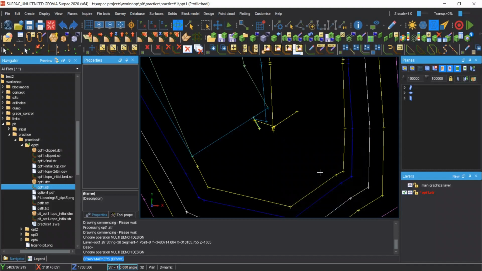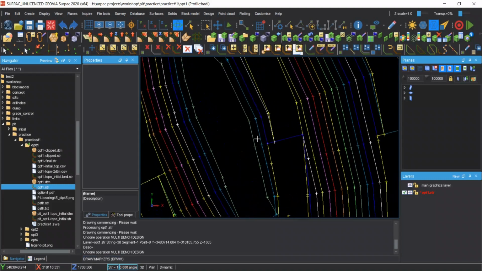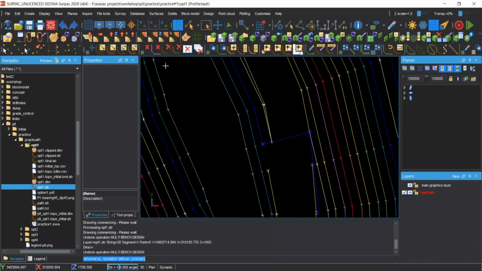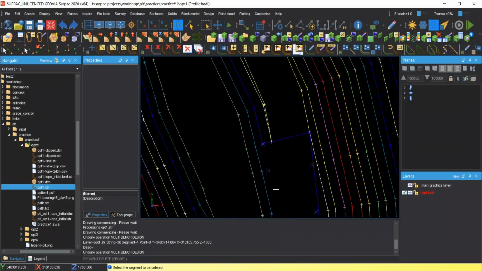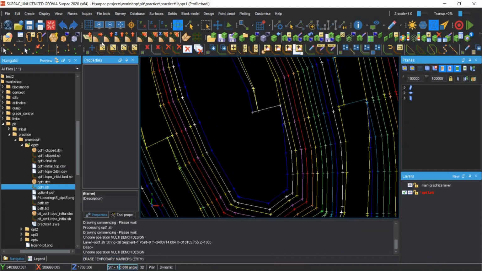You see that one point looks excessive here, and it's very close in a confined angle in this wall, and when it's projected by the ramp widths, they will cross each other, as well as these 3 points coming after it. I'm going to break and delete the ramp for this lower bench,